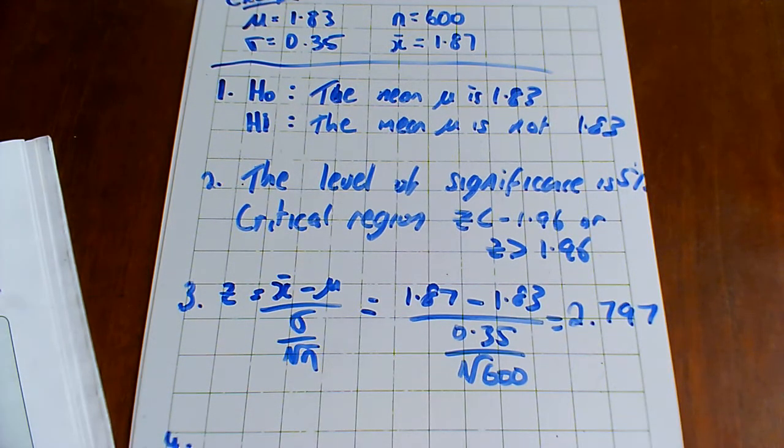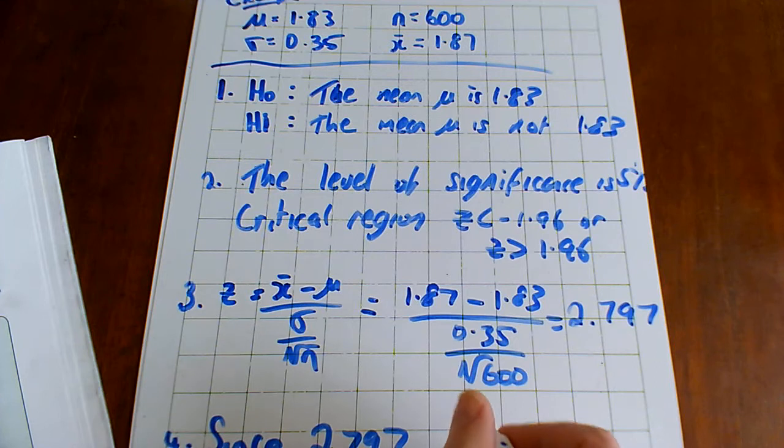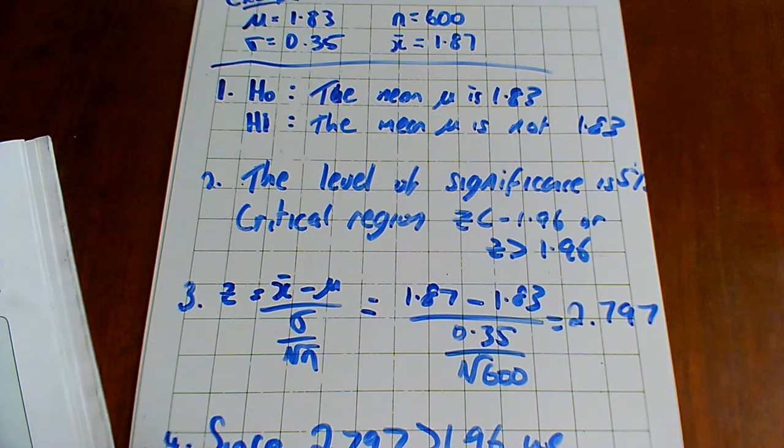You come to your conclusion. Step 4, all you say is since 2.797 is greater than 1.96, we reject the null hypothesis, or H0, and conclude the new variety